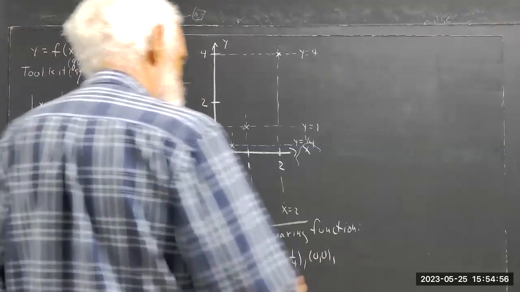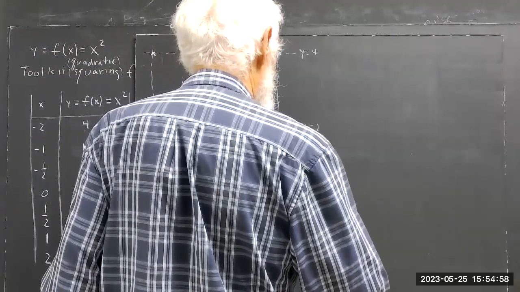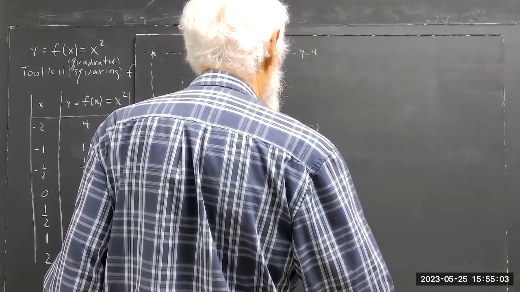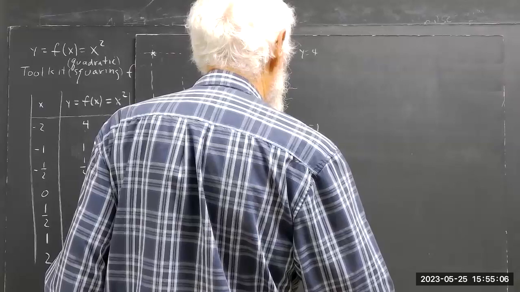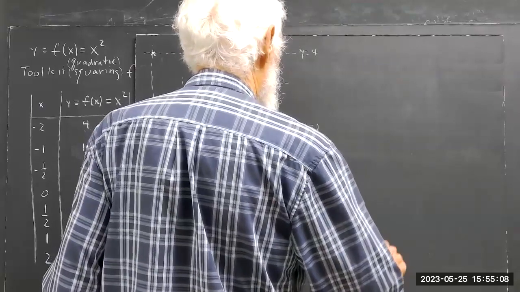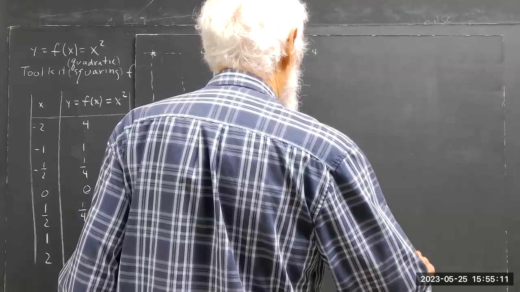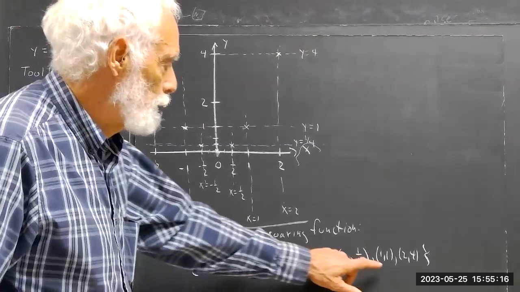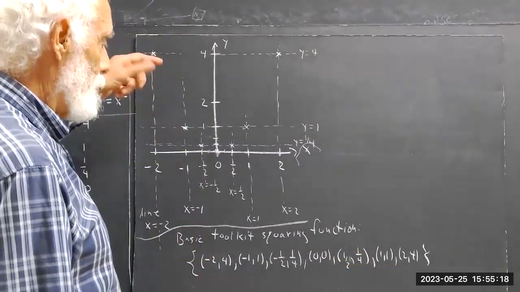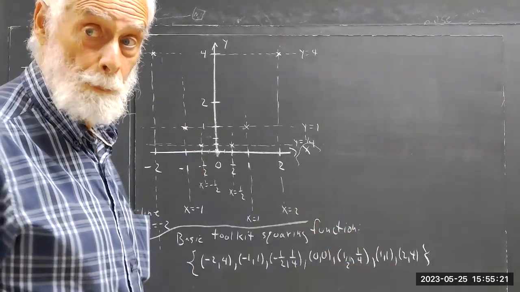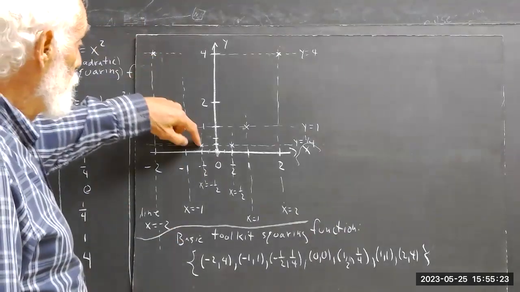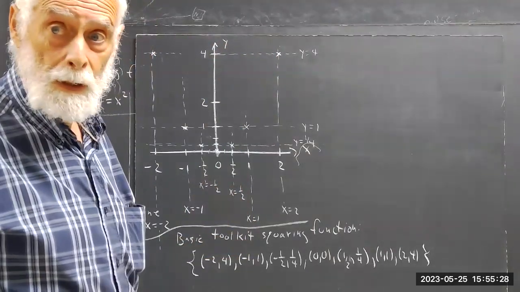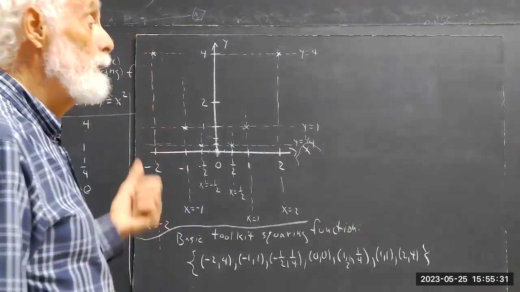The point 0, 0, the point 1/2, 1/4, 1, 1, and 2, 4. That's 1, 2, 3, 4, 5, 6, 7 points, or 7 ordered pairs, corresponding to 1, 2, 3, 4, 5, 6, 7 points. That's it. Now, the domain of this function